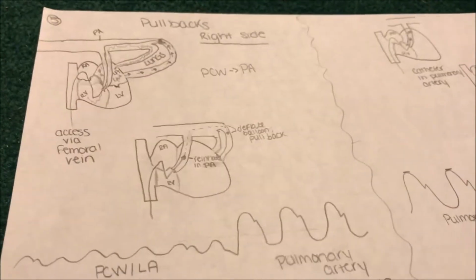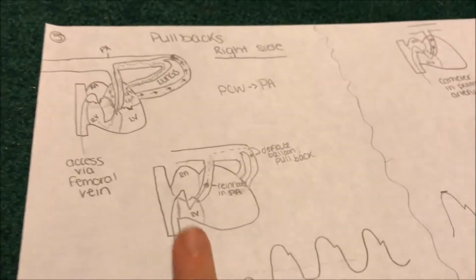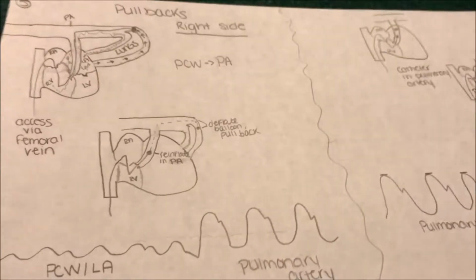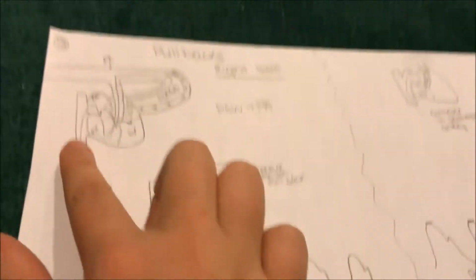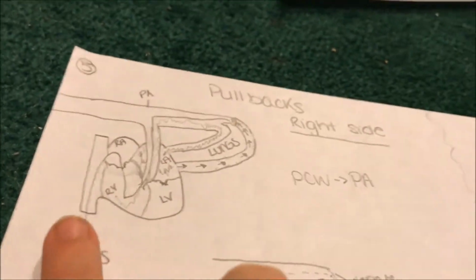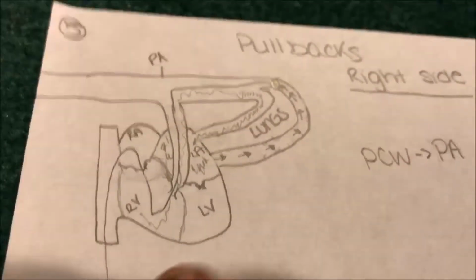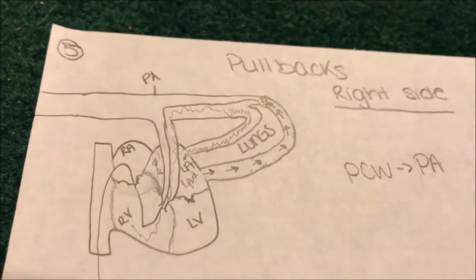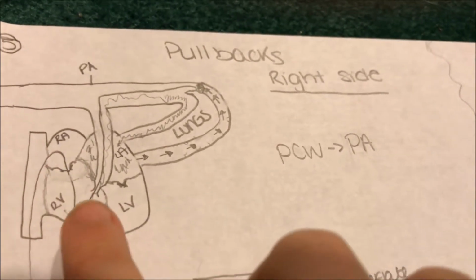So we're going to say you gain access to the right side of the heart through the femoral vein. Now, we are on the right side, so we're going to go through the femoral vein and up through the inferior vena cava, because the femoral vein comes from down below. Once you go in, the catheter is going to go through the right atrium, down into the right ventricle,